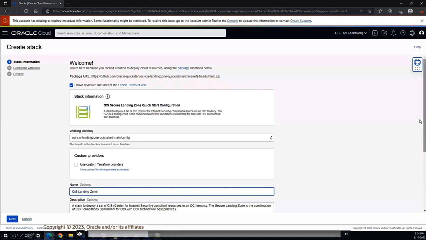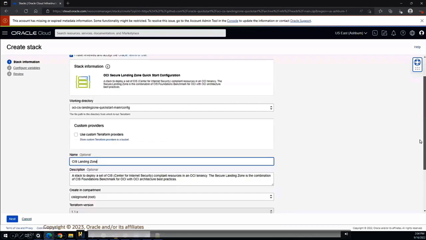So here, what we just paused, we are creating a stack. A stack is a Resource Manager object that essentially represents your Terraform configuration. And you're going to manage the life cycle of that deployment only through this stack. Advancing here,